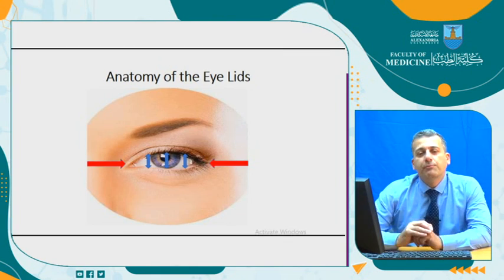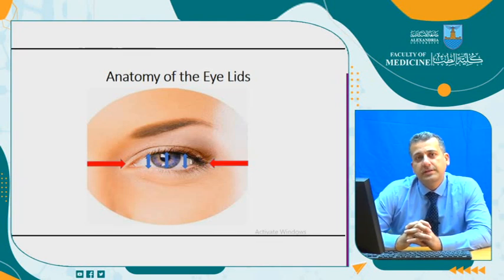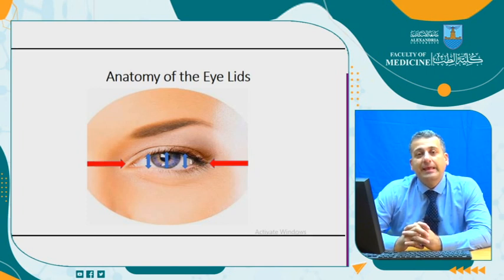The lid has a very important function in our life to protect the eye. So the first function of the lid is protection of the eye. بيقولوا العين عليها حارس. The lid protects the eye by several mechanisms. It is a mechanical barrier towards any incoming foreign bodies or trauma. There is a reflex blinking towards any harming object towards the eye, and the lids play a very important role